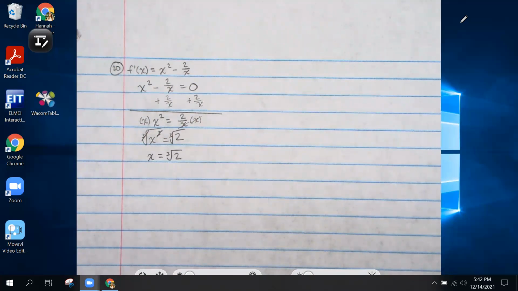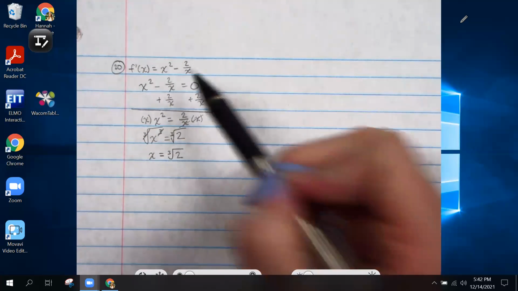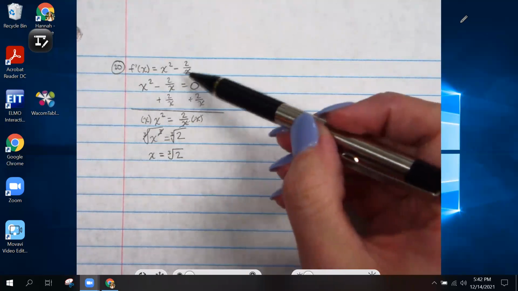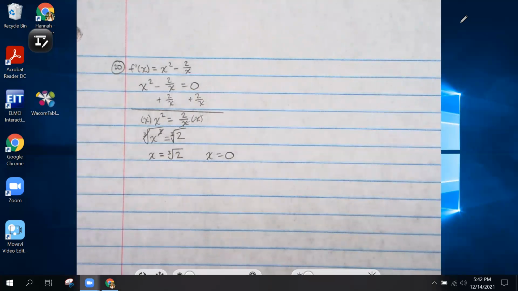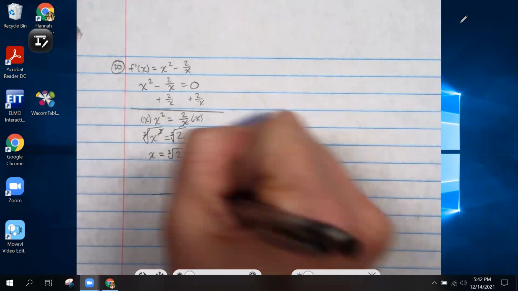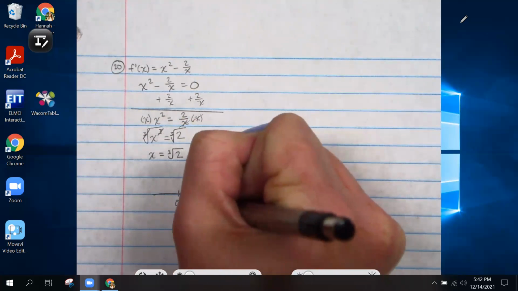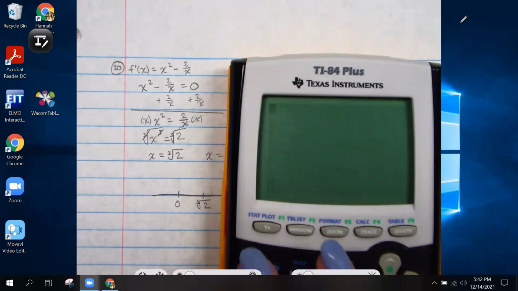Other critical values come from anything that might make your function be undefined. So a 0 in the denominator would definitely make a function undefined. You can get a critical value from that as well. So if we look at our function 2 over x, if x equals 0, that's going to put a 0 in this denominator, which would make this undefined. So we also need to include 0 as one of our critical values. So those are the two numbers that are going on our number line, 0 and the cube root of 2,